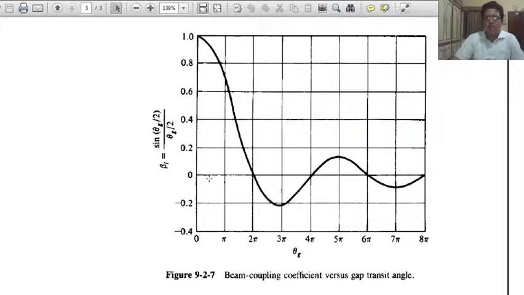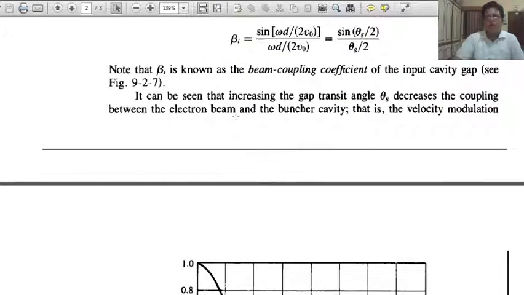Here we are seeing that when theta z is 0, it is 1. After that, up to the value of minus 2, it is decreasing, and after that it is increasing and going negative to positive, and after that again negative, such a kind of curve, like a sinusoidal wave. So here we calculate the relation for this.